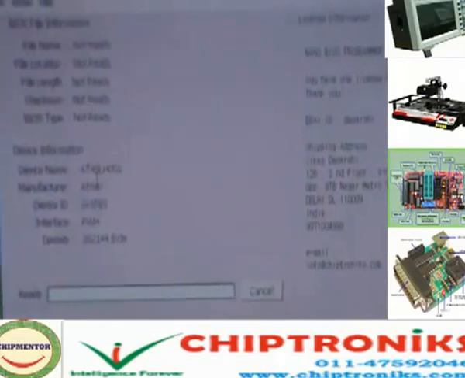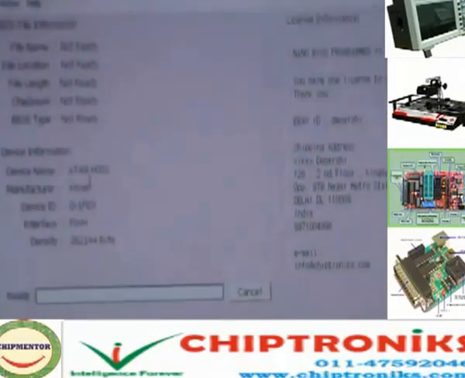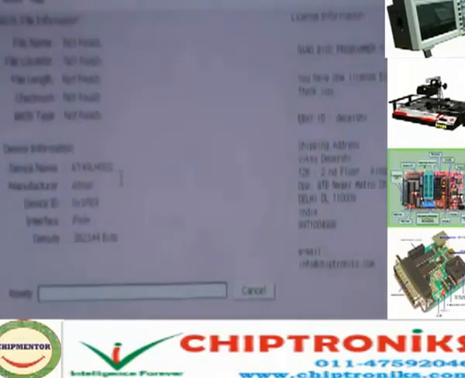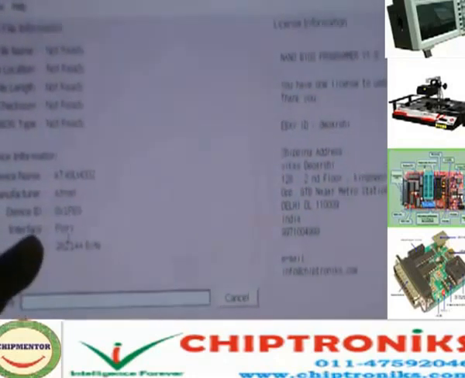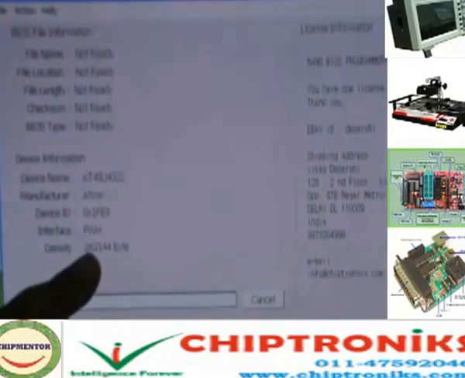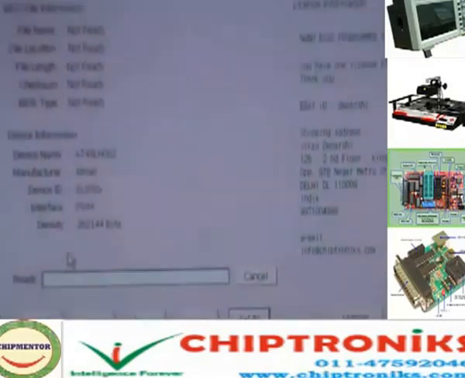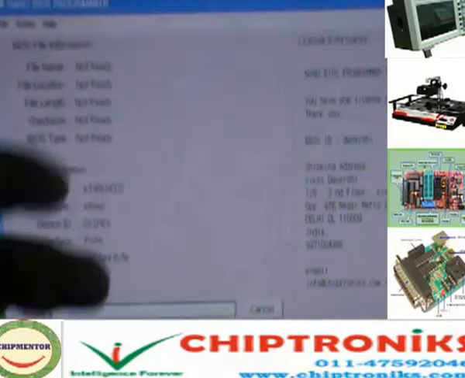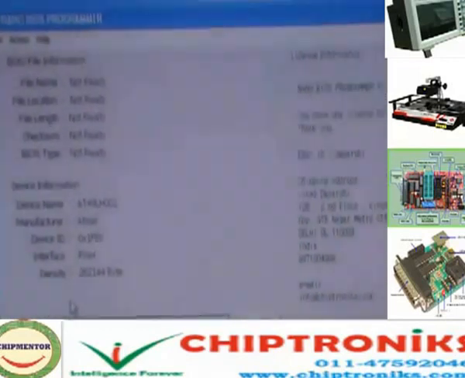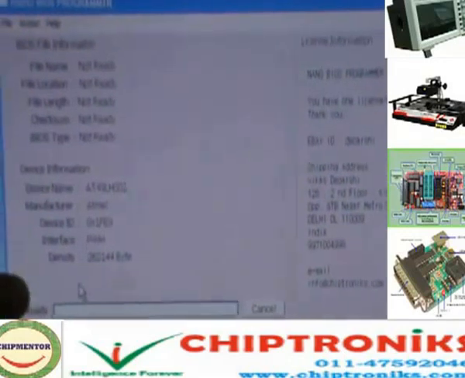The device name will be shown over here, AT49L8002. Second, the manufacturer's name, the device ID, the interface being used, and the density, the capacity of the ROM IC, how much memory it has. Once we get the ID, we match it with the IC as we saw earlier.